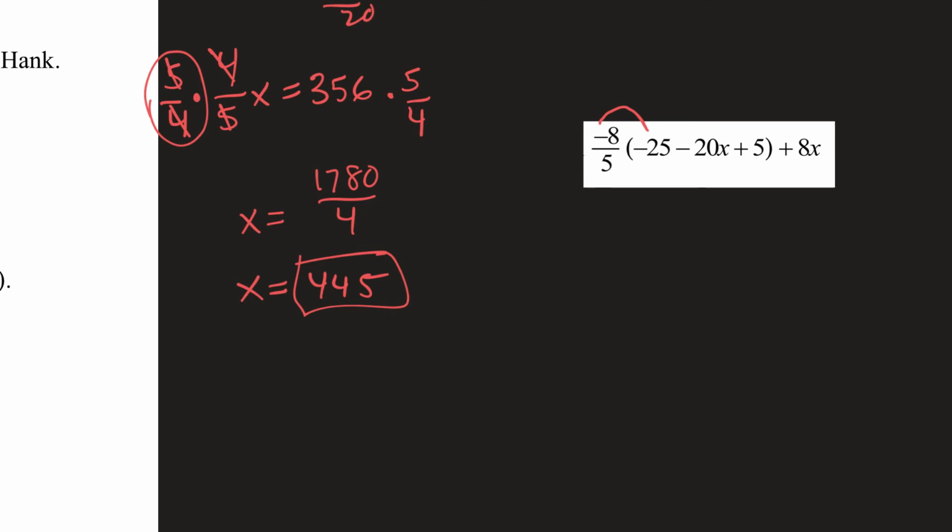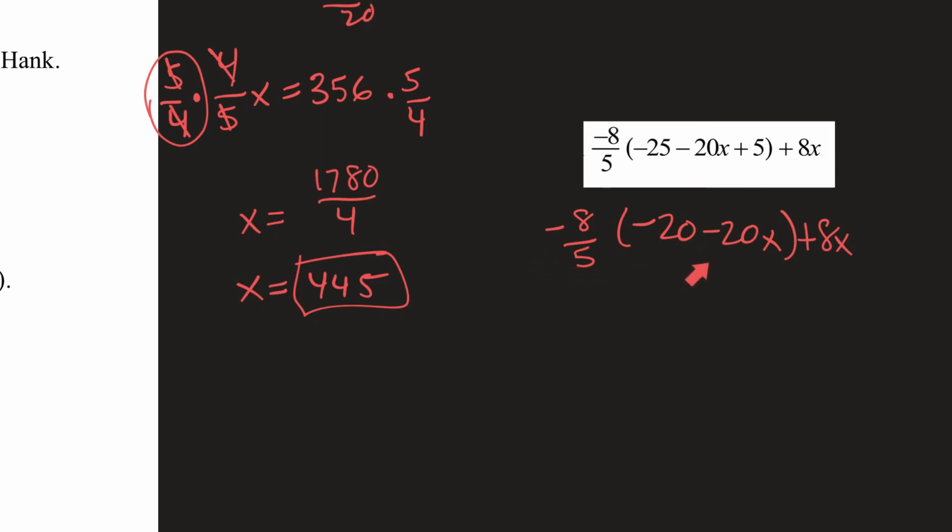Well, let's see. You know what? Let's combine those like terms. Why not? It was a good idea. Miss No said, how about you combine these two right here? You can do that. They're inside the parentheses. Negative 25 plus 5, that's negative 20, minus 20x plus 8x, and that's negative 8/5. Okay, so we don't have to distribute so much. I'm going to erase this little thing here. Okay, so now